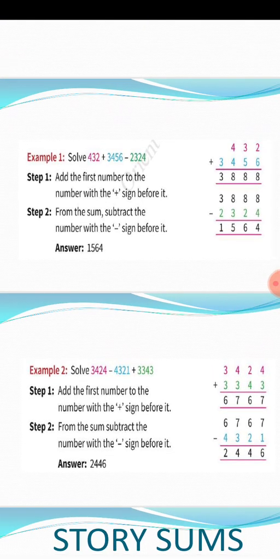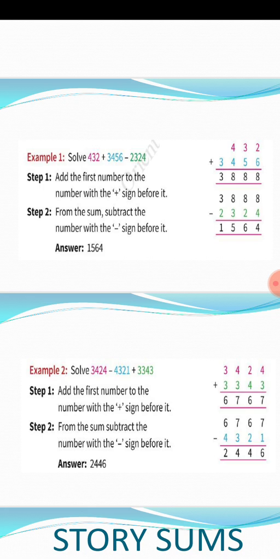Moving to example number 2. Solve 3424 minus 4321 plus 3343. First number is there. We will write that. Now in step 1, second number, we will add that number to the first number which is having a plus sign in front of it. Now here 3343 is having a plus sign in front of it. So we will add this number to the first number, as you can see on the right hand side. Answer we got is